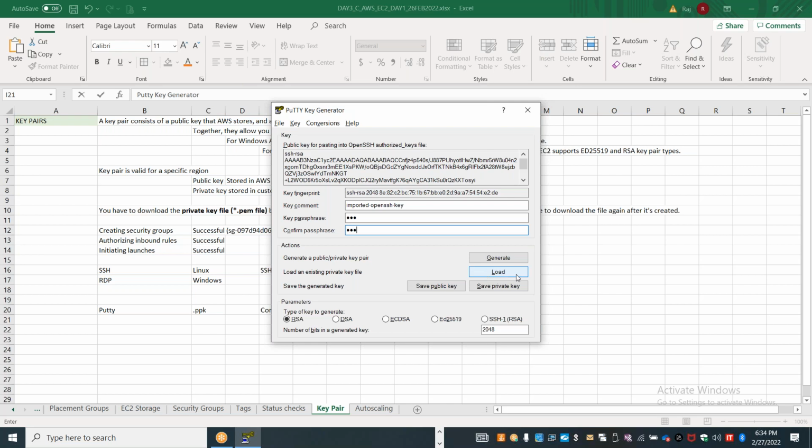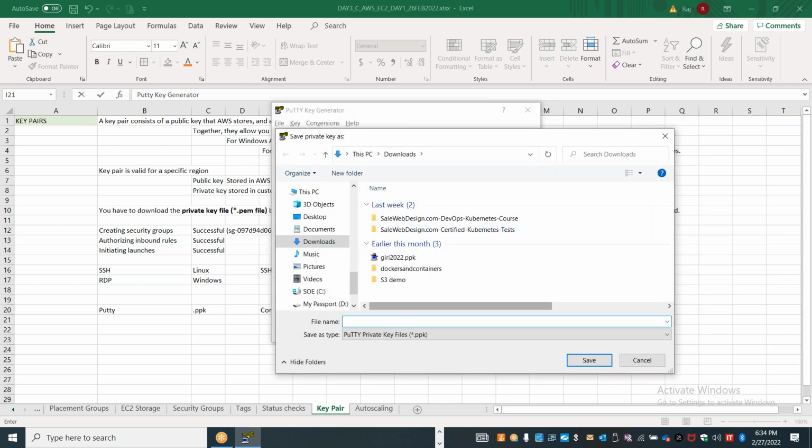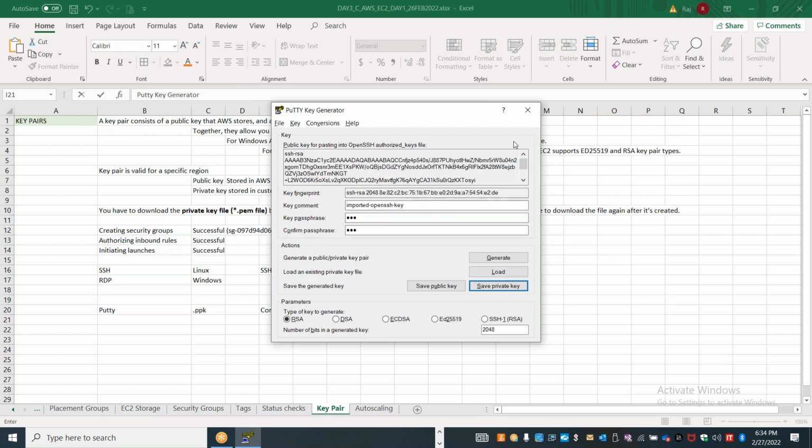Now, once you have loaded the PEM file, it is currently loaded here. You can look at the data. The RSA key that we have loaded needs to be converted to a new format. In order to do that, you select the Save Private Key option. It will save it in the PPK format, PuTTY Private Key format. I can just give the same name and remove the extension. Earlier, it was in PEM format, private exchange mail format. That is the native format from Amazon Web Services. Now we are converting it to a format that is usable with the PuTTY